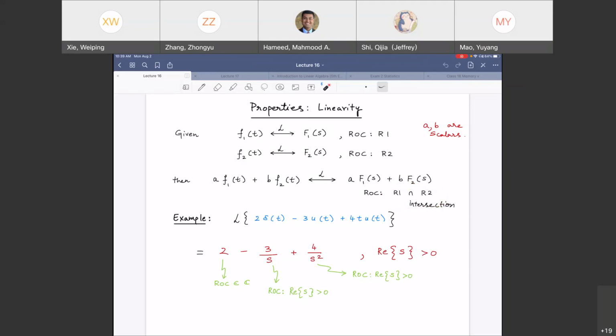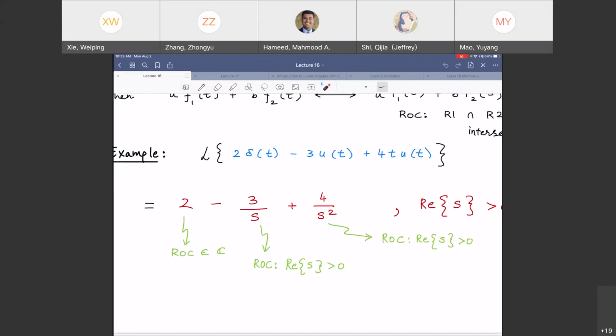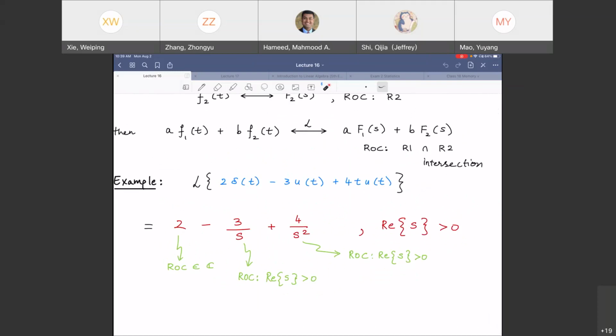So for an example, we did this. This will be a quick refresher about Laplace transform for standard signals. The Laplace transform for impulse is a constant. In this case, we are just multiplying by 2. u of t, 1 over s. t u of t, 1 over s squared. And for each of them, what are we doing for the ROC? Well, for impulse, we know the region of convergence is going to be all of the S plane, the complex plane. For u of t, there is a pole at the origin, and then the region of convergence is going to be everything sigma greater than 0.